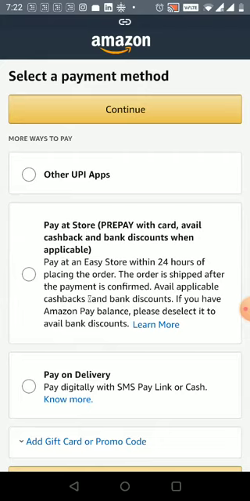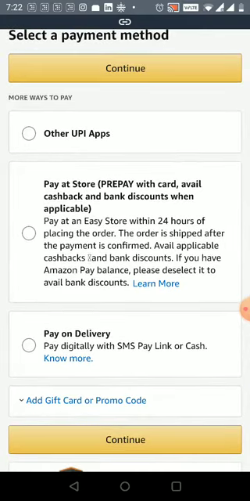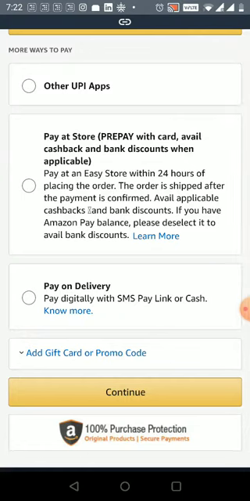Pay at store is available only if you have paid a 1600 rupees advance rental for 8 months for an MPOS device, which is charged at 200 rupees per month. The third payment mode is pay on delivery, right?